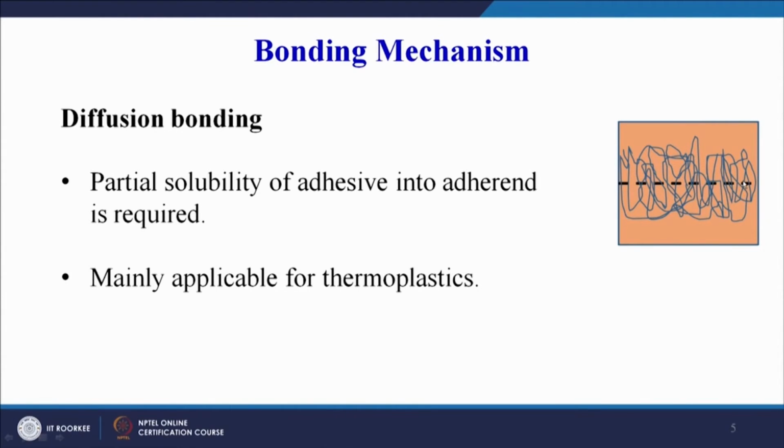This mechanism that you see on your screen, we have covered in the previous session also, that how diffusion bonding takes place. So diffusion bonding, you can see it happens when the chains entangle with one another, and here we see the interface. The black dotted line is showing the interface. So this top one is our first adherent, this can be the second adherent. At the joint interface, the entangling of the polymer chains or diffusion of the polymer chains at the interface will add to the bonding of the two adherents.